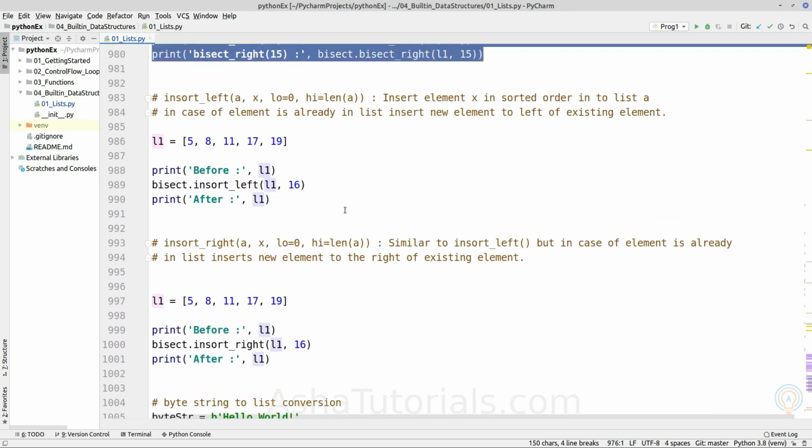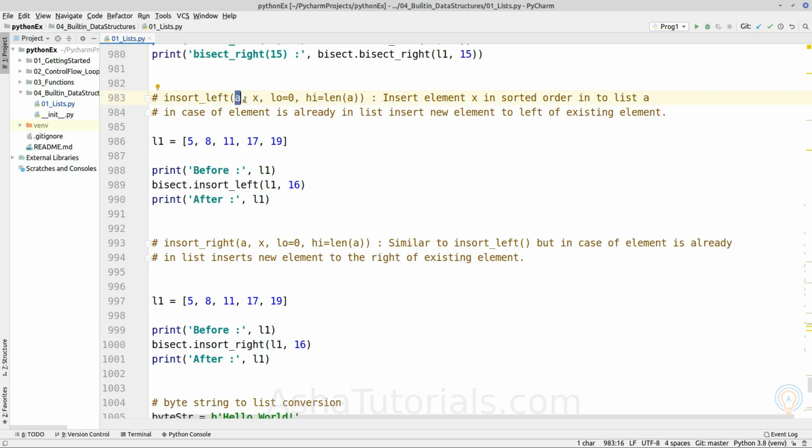Now the next method is insort left, which will insert the given element x inside the list a such that the list remains sorted. So it will insert the given element in a sorted manner.